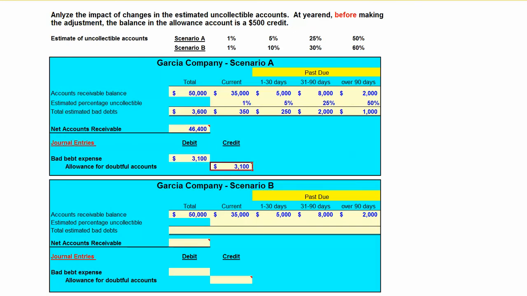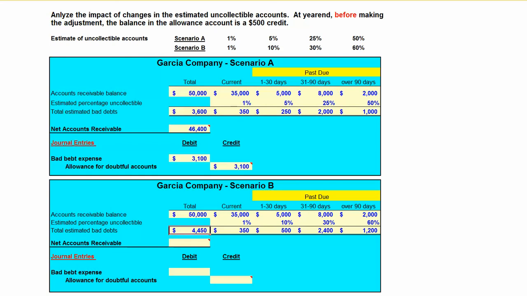Let's go ahead and take a look now at scenario B, where we're using slightly more pessimistic percentages for our estimated uncollectible accounts. Again, 1% times 35,000 is $350. Now we're multiplying the 5,000 by 10%, which gives us 500. The 8,000 gets multiplied by 30% for 2,400, and the 2,000 by 60% for 1,200. Our total estimated allowance for doubtful accounts then is